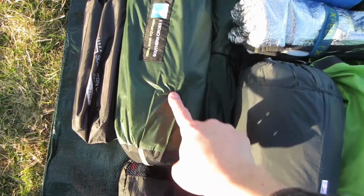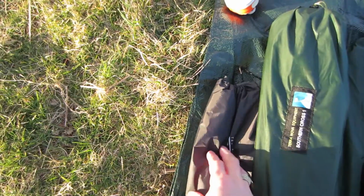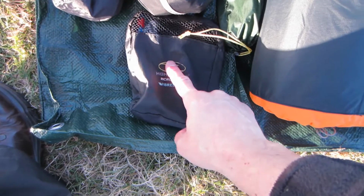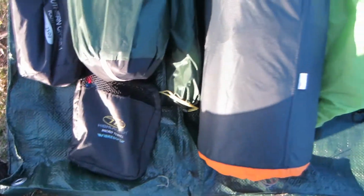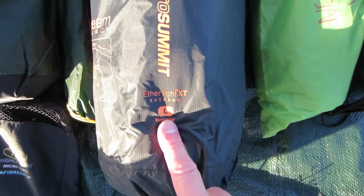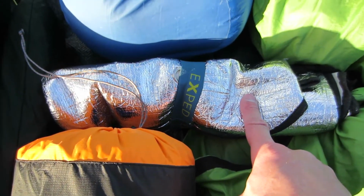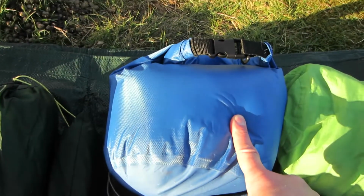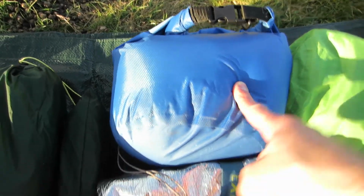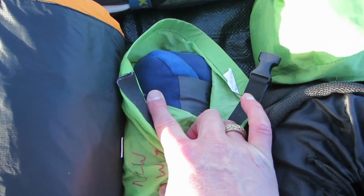So for tonight, inside the pack we've got Southern Cross 1, separated poles, a footprint, 2 tent modifications inside there, Etherlite XT large, foam windscreen to go under the mat, Tiger 480 top quilt, Sea to Summit foam cushion with attachment pads,